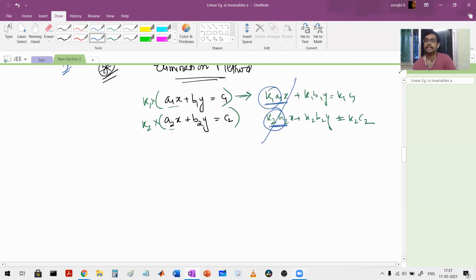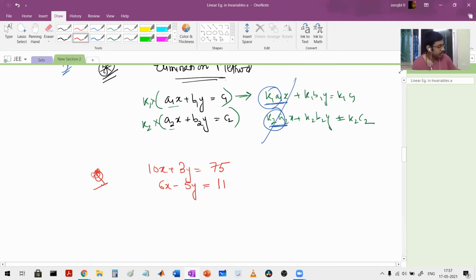Okay, let us get into the problem and you will exactly understand what I'm meaning here. Suppose we take a question. Suppose we have something like this: 10x plus 3y is equal to 75 and 6x minus 5y is equal to 11. Okay, we are having two equations like this.